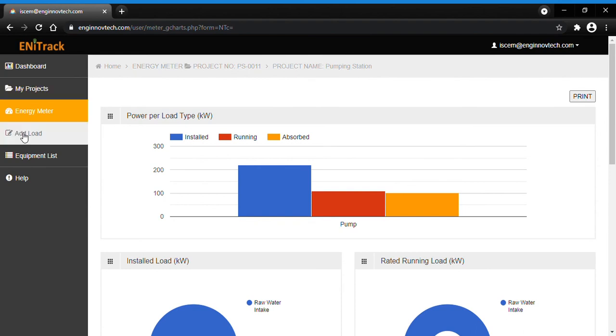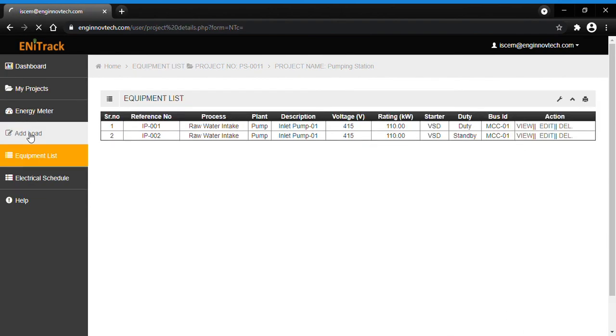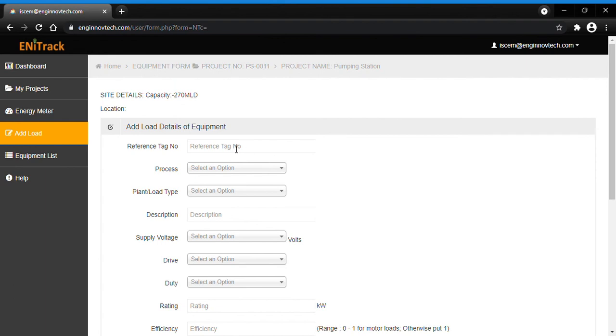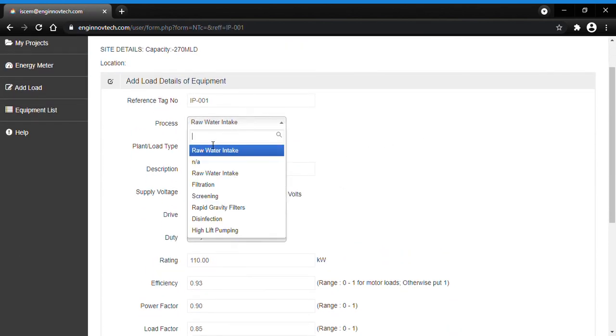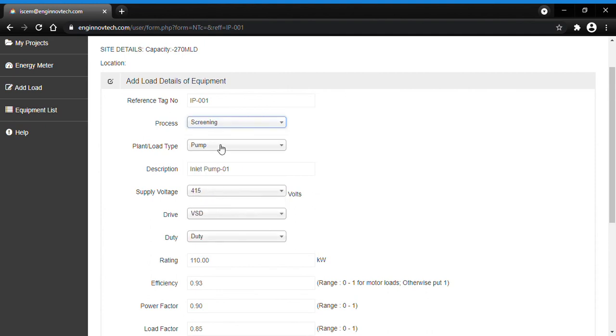So let us add some other details here. For example, let us recall the previous details and go to the filtration or screening, and in that case